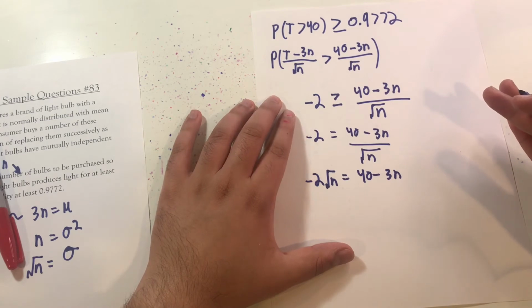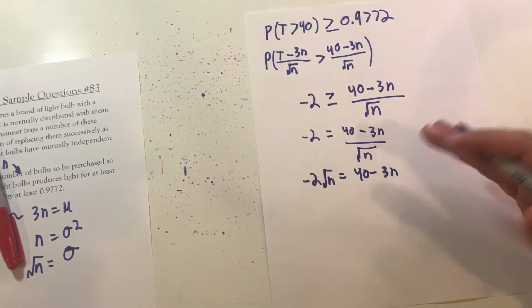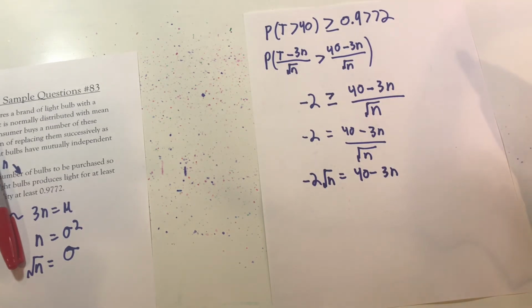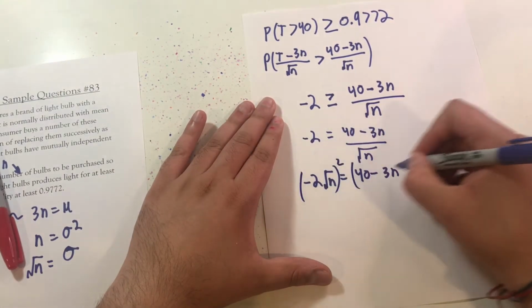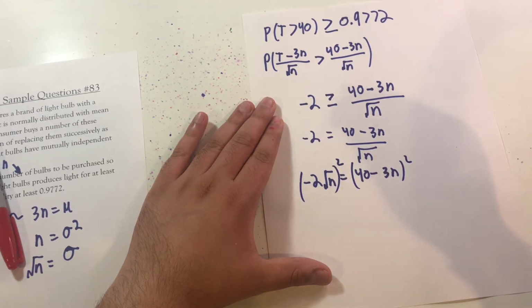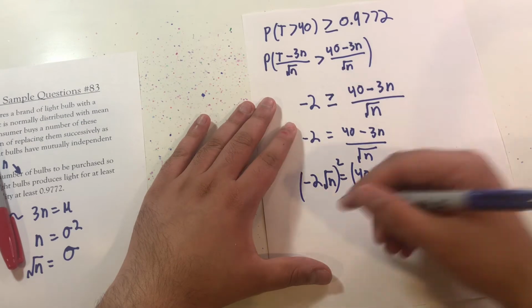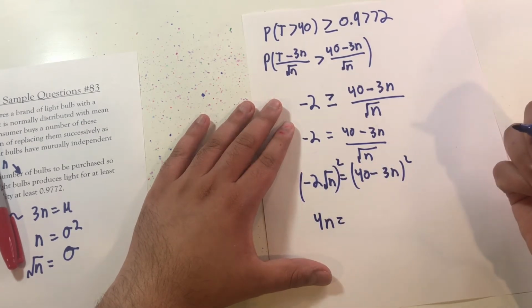But there are actually a couple of ways you could solve this. I'm just trying to see which way I want to go about it. You could bring everything to one side and use the quadratic formula. You could try to factor. I'm going to see if I can get rid of this root, just because I don't like dealing with it. So this will be 4n equal to